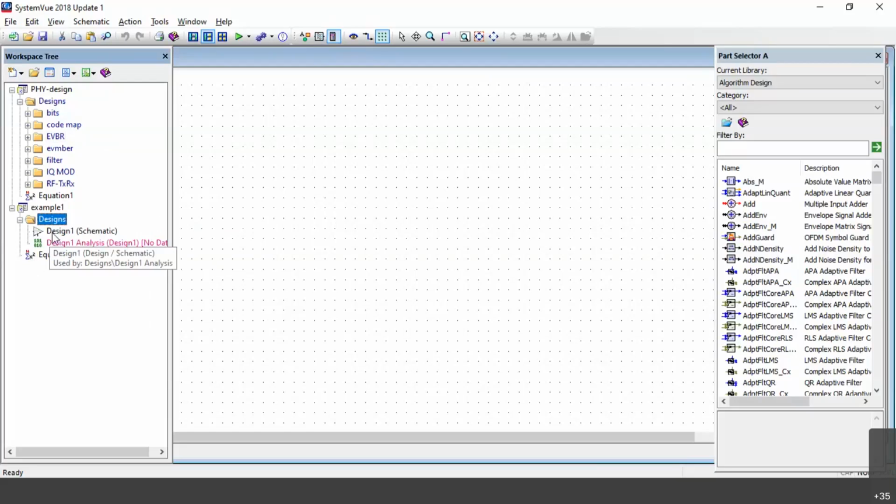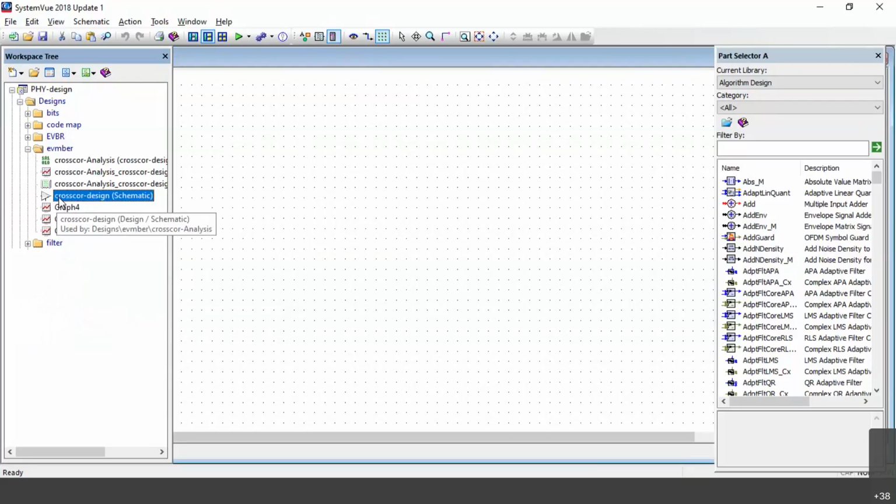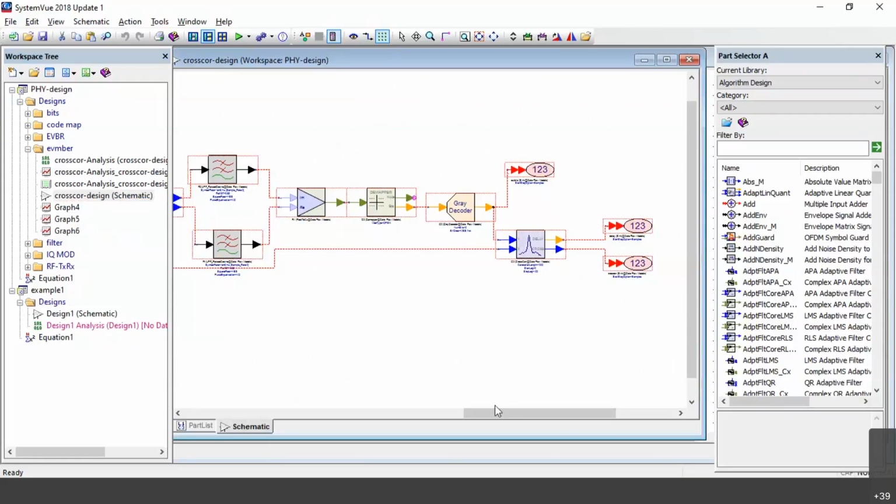And this is your schematic design. In the schematic design, you can again rename if you want, or else let it be as it is. It's all left to you. Okay, so I will open one signal here, IQ. This is the actual last design.